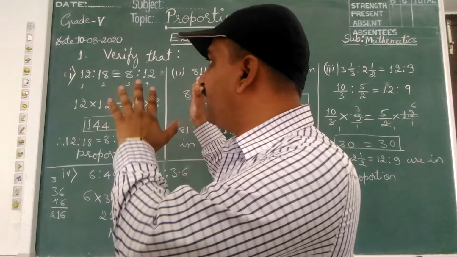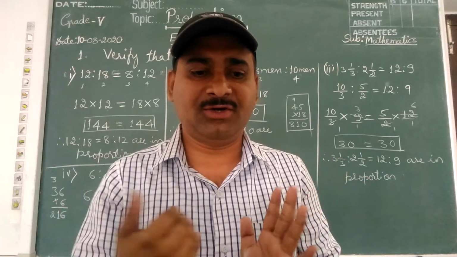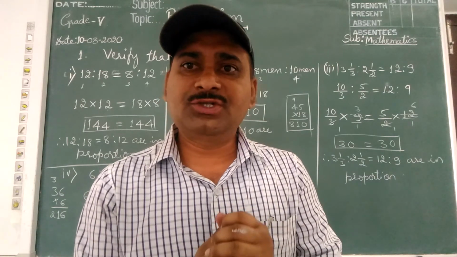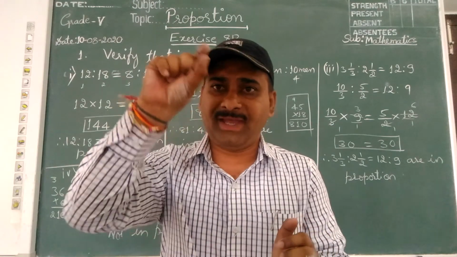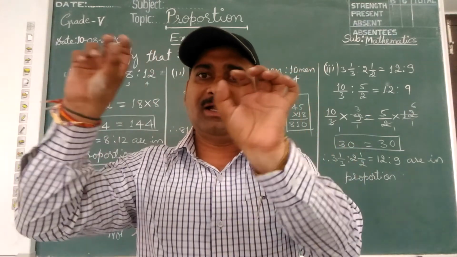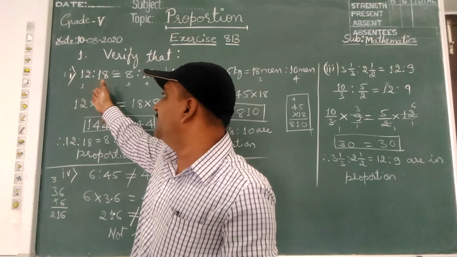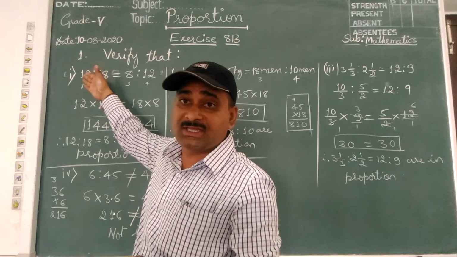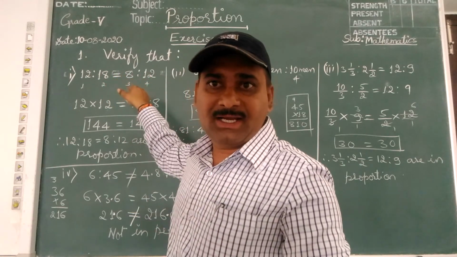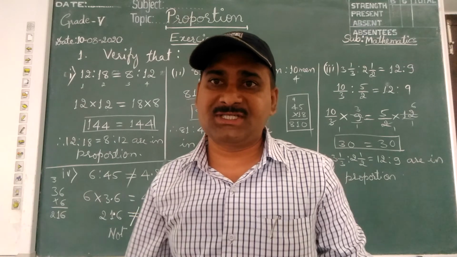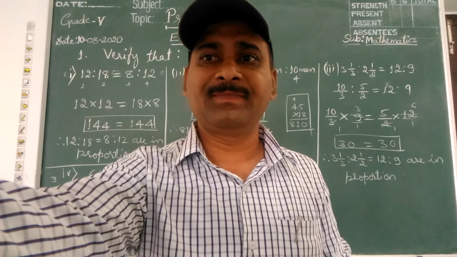Children, same way, in question number 2, 4 numbers are given, 30, 42, 5 and 6. In the same way you should verify. There are no changes between the first main question and the second main question. So please, you try yourself. There are again 4 questions in the second main question, and there also 4 numbers are given. Please write down like this as it is. 30 is to 42 equal to 5 is to 7. Like this, write down, follow the same steps and do it yourself, children. That is your homework. Okay? Thank you.